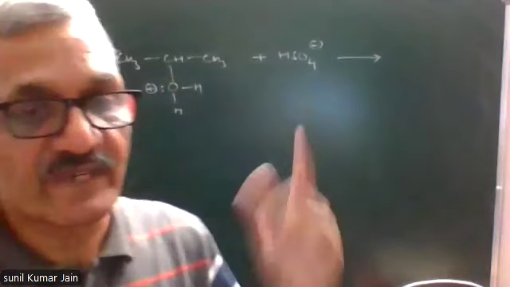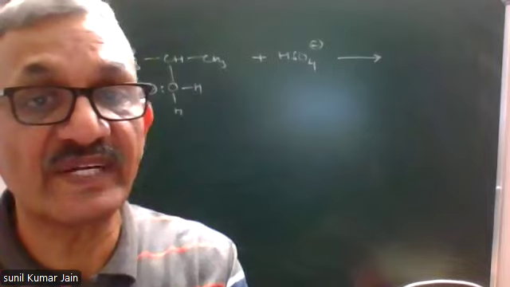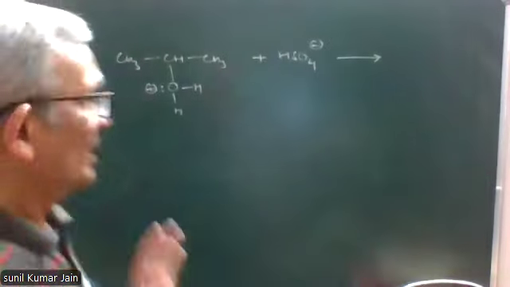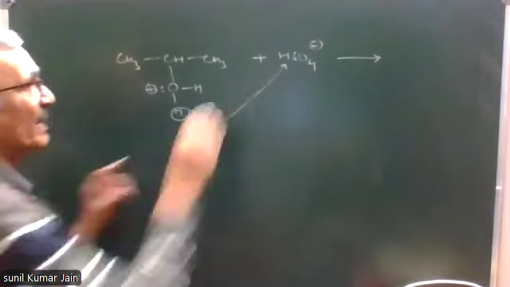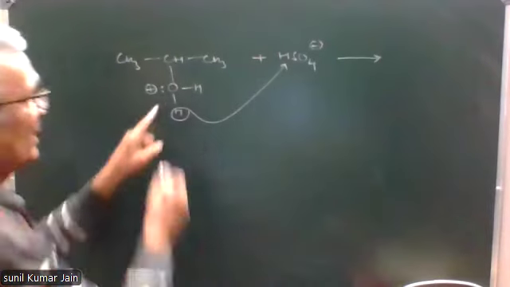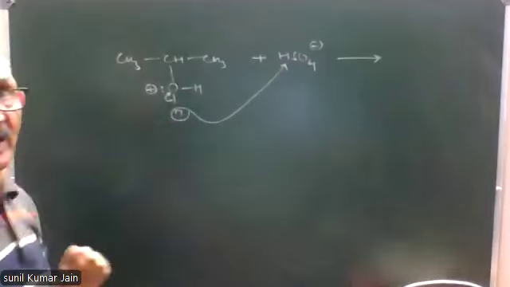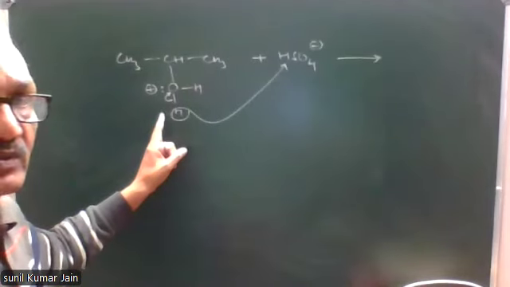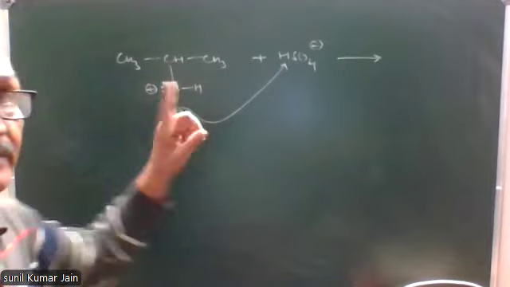You can check in the first step, HSO4 minus, that is hydrogen sulfate ion, was formed. Now, this H plus will combine with HSO4 minus to regenerate sulfuric acid. These two electrons of the bond will go back to oxygen. Positive and negative charge will be neutralized and there will be two lone pairs of electrons at the oxygen atom in the